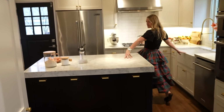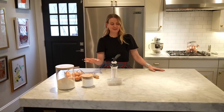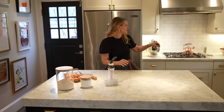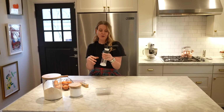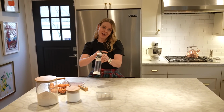Of course, my kitchen always looks this spotless. Not exactly, but I've pulled out a couple things because we are getting ready to make my great-grandmother's butter cookie recipe. So I've got the mixer out, some of the accoutrements, and this fun little cookie press. So we make the dough, you put it in this cookie press, you pick a pattern, and you press out